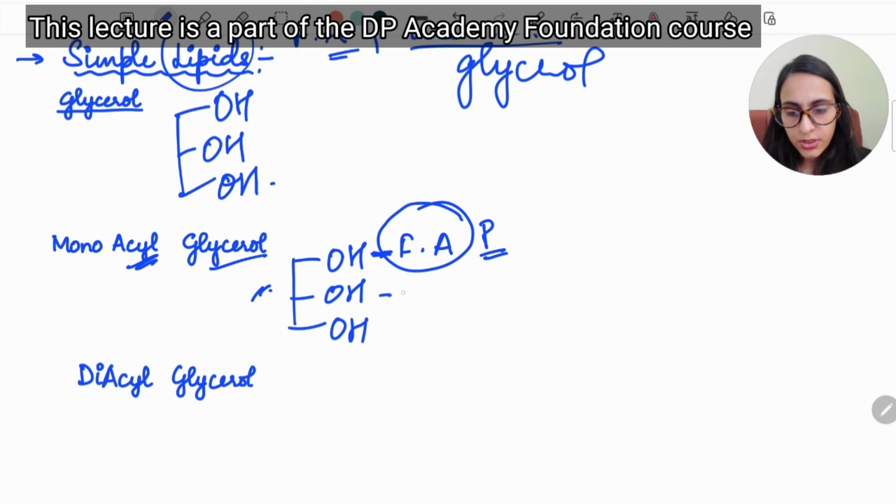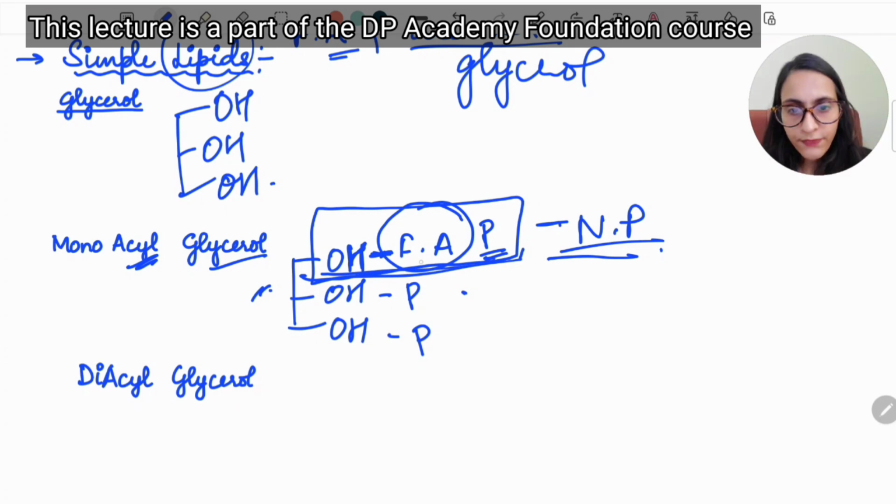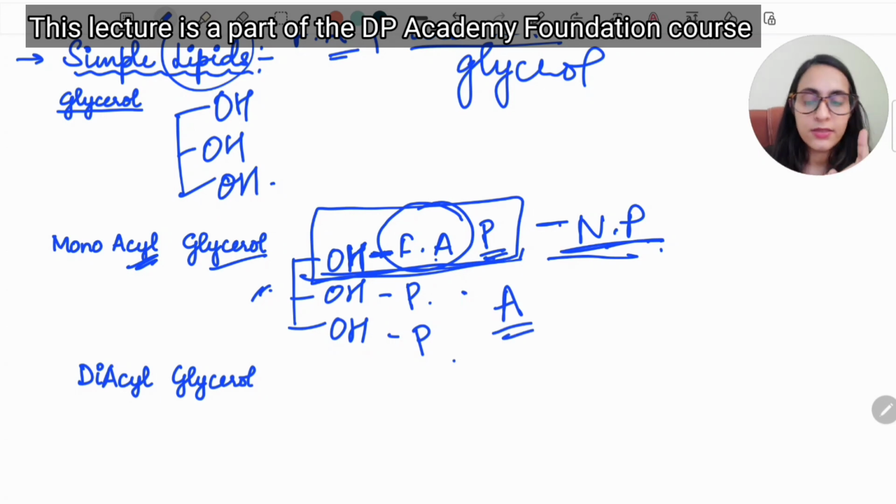So this OH here is polar, OH here is polar, and this fatty acid, when it combines with OH, that makes it non-polar, because this is a lipid structure. So this is fatty acid. When it combines with alcohol, it makes it a lipid, and that is why it is non-polar. So non-polar, polar and polar. So basically, if you see monoacyl glycerol, that is an amphipathic molecule in which one fatty acid is attached to